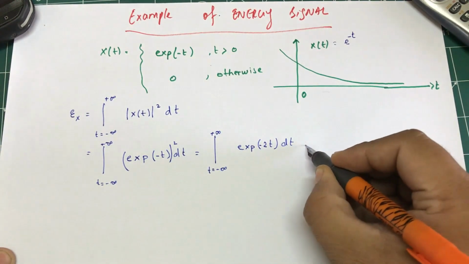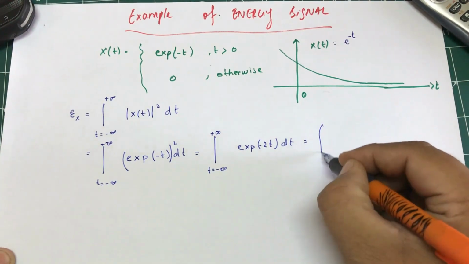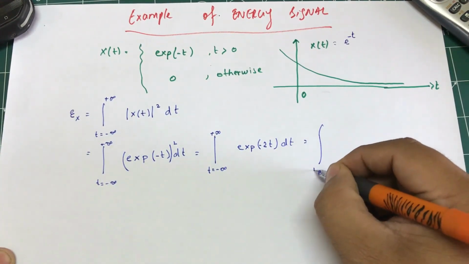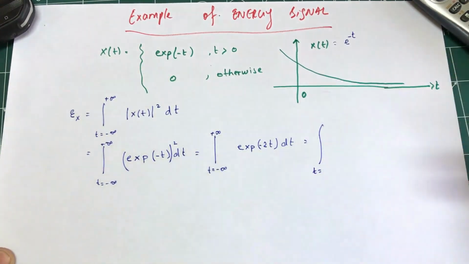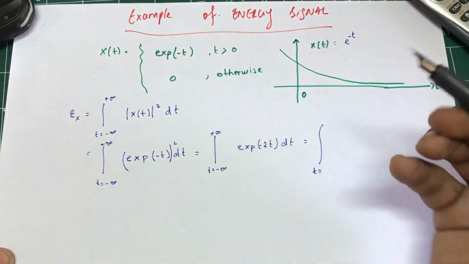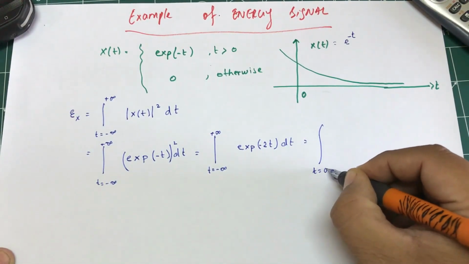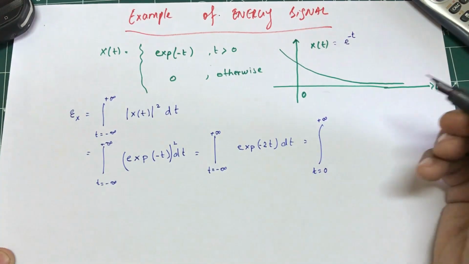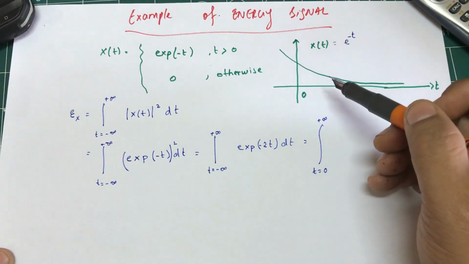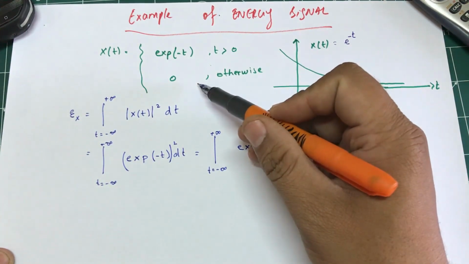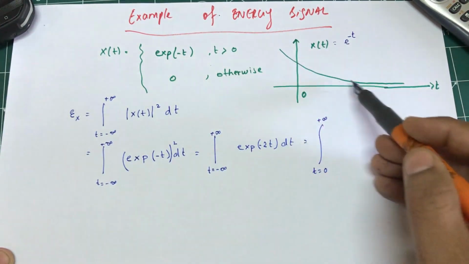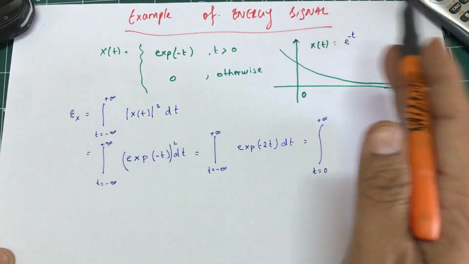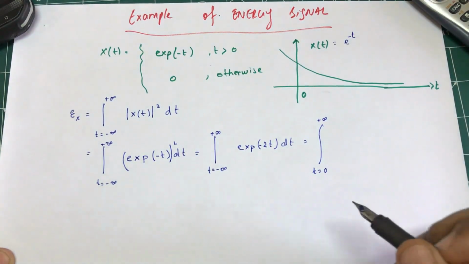Okay, let's look at it. What are the limits that I need to put in? This signal does not exist anywhere else besides going from 0 to positive infinity. It is 0 otherwise. So that means my integration limits are going to be 0 all the way up to positive infinity. As you can see from the graph, this signal is 0 otherwise. It only exists as t is greater than 0. It does not exist here; it only exists at this point.